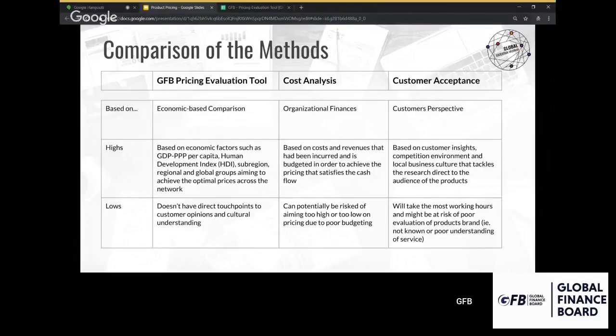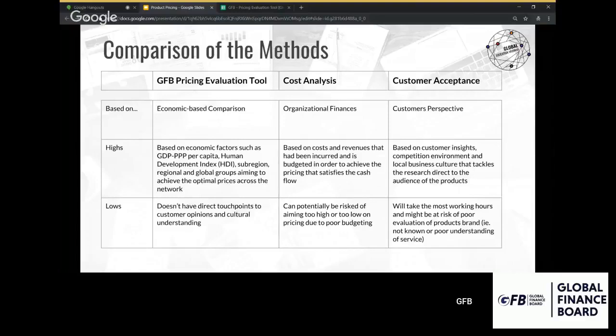The highs of the GFB pricing evaluation tool are that it is based on economic factors such as GDP, PPP per capita, Human Development Index or HDI, and the sub-regional, regional, and global groups, aiming to achieve the optimal prices across the network. However, the lows of this one are that it doesn't have direct touch points to customers' opinions and